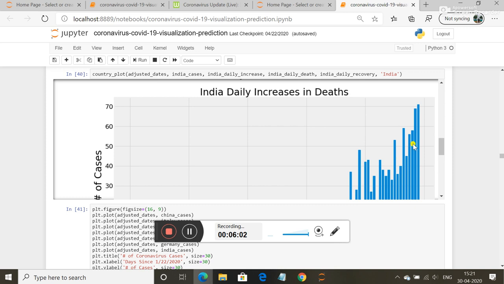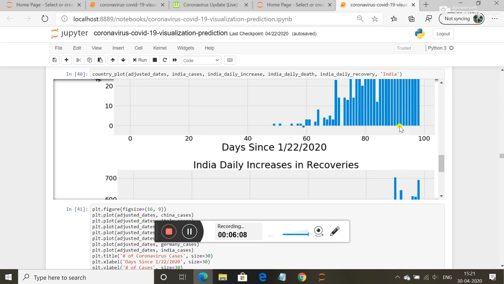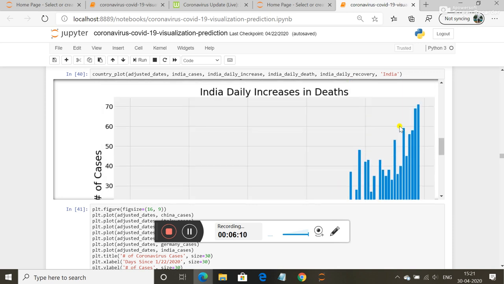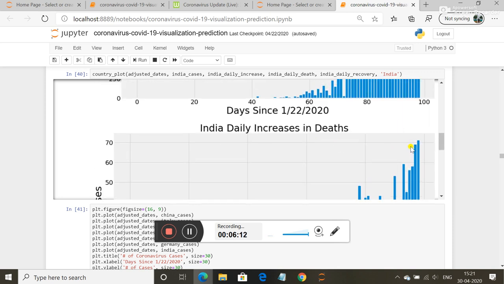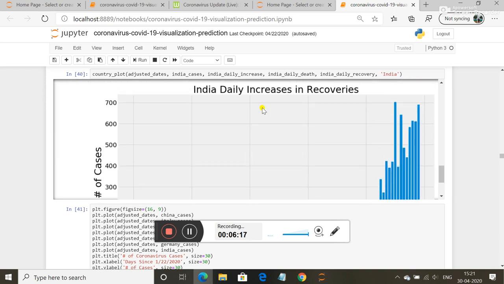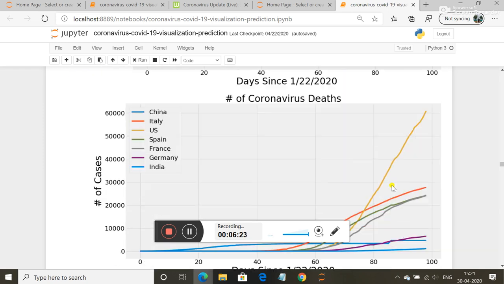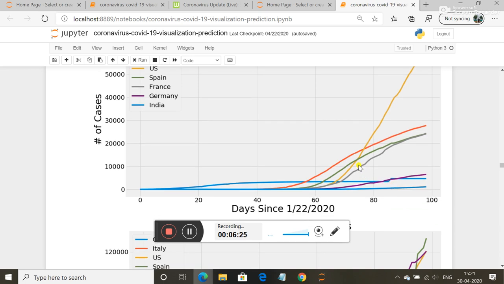So this is the increase of deaths, and we have almost now more than, it is an increment in deaths, and this is the recovery, whatever recoveries we are doing on a daily basis.